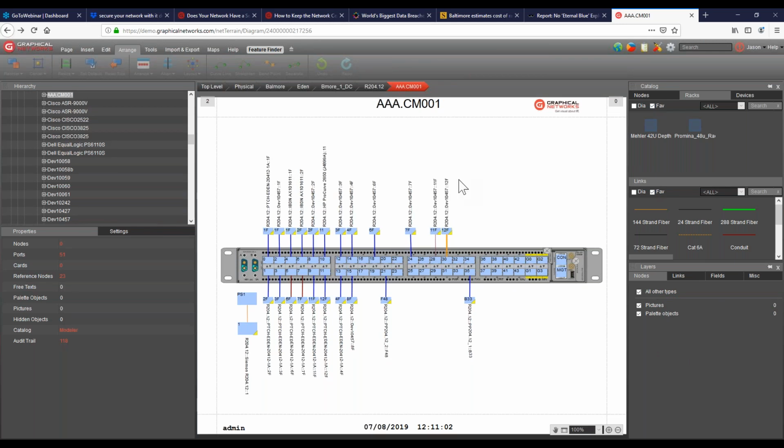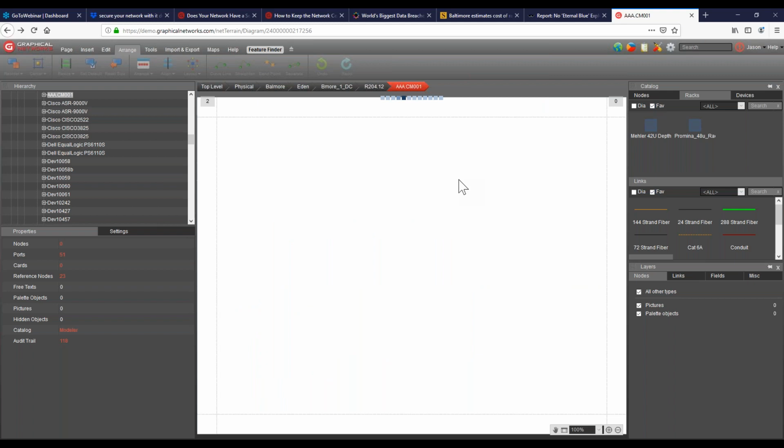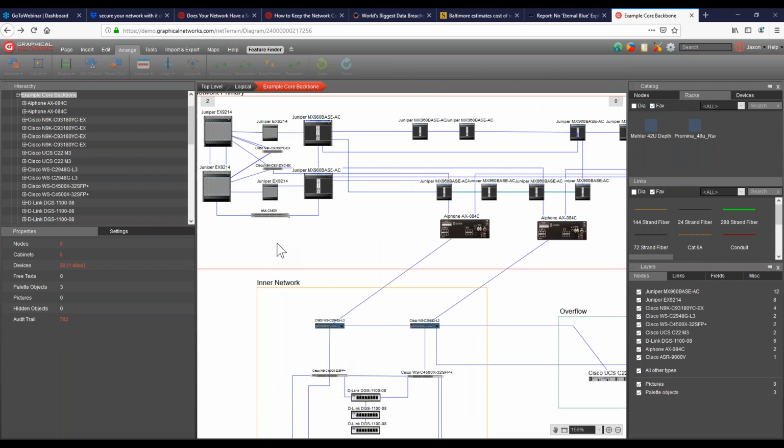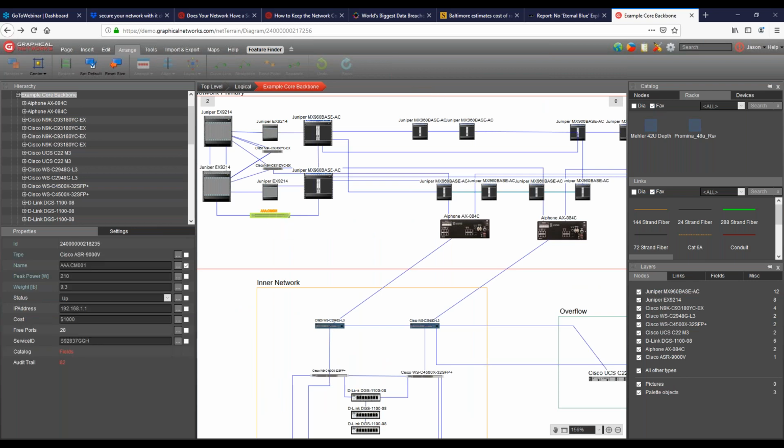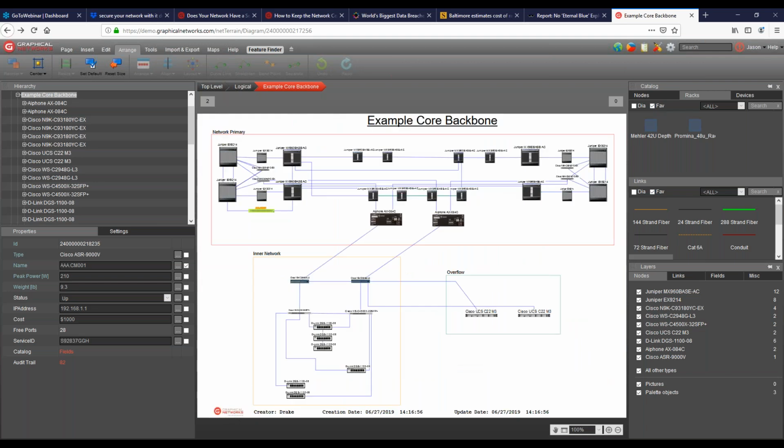But I can take that device and put it in multiple logical drawings. It's all the same device. They're always equal to each other, so the data that you see for the device is always up to date and always in sync between the logical and the physical. So that's always available between those. And depending on the documentation that you're trying to create, you have different options, certainly in our tool, whether it's just logical or physical or both, where they're tied together.